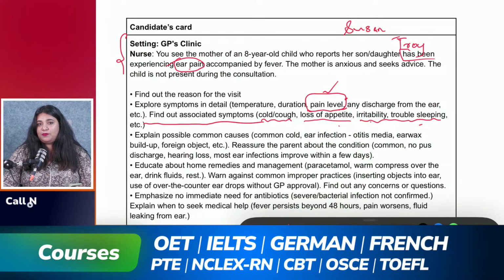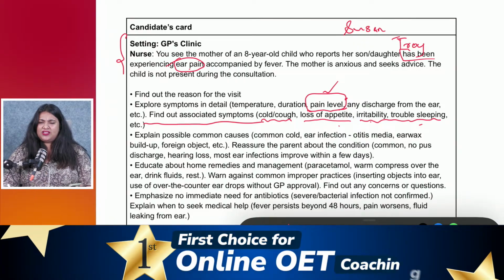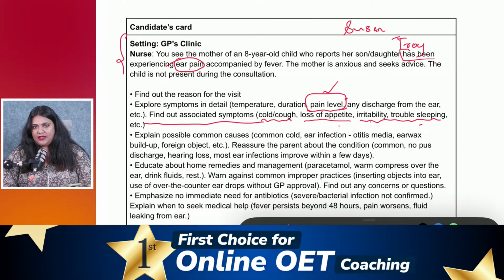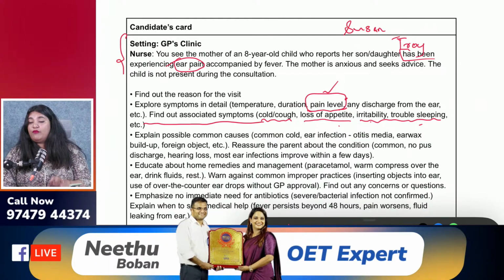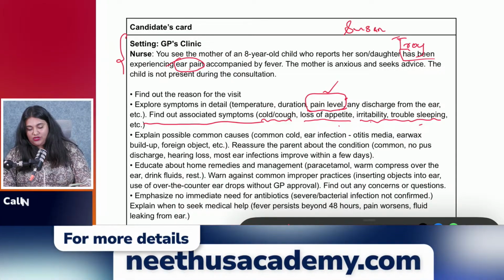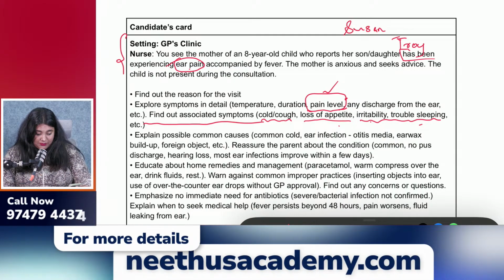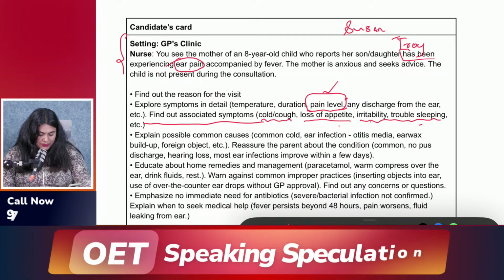So we cannot directly ask for a pain scale. We can only ask whether he said it is severe, how bad it is, how he describes the pain. So that question is great. You can use that when you're talking to the patient yourself directly. But in this context it is not possible. But great statement. I have to repeatedly tell you that's a great sentence construction.